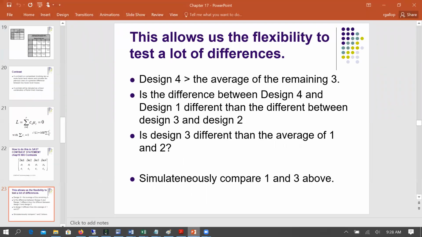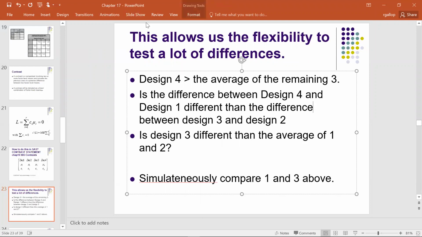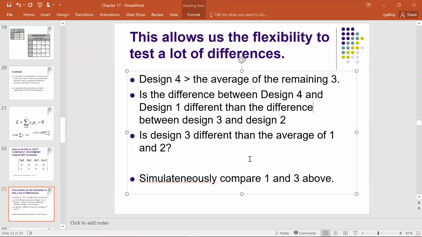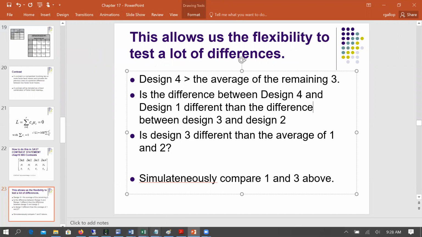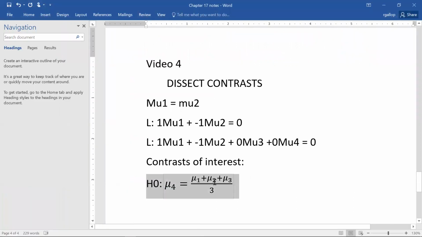Go back to the slides. Is the difference between design 4 and design 1 different? Then the difference, this should actually be difference. The difference between design 3 and design 2. So that's what we want to look at. So in this case here, if we go here, we get back to this guy. So I'll make this